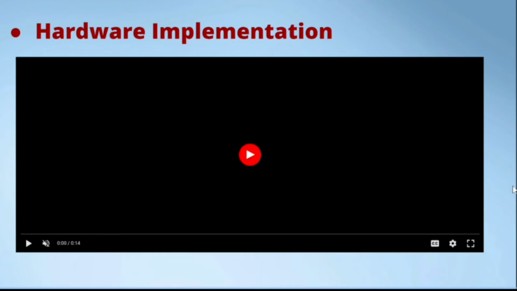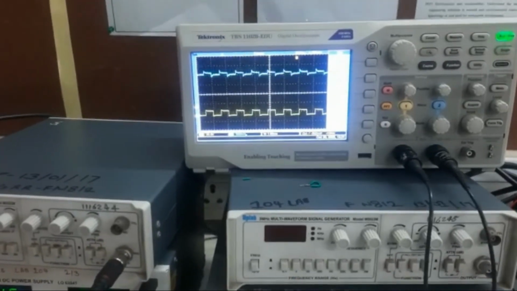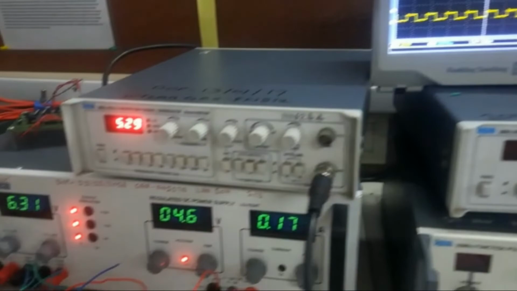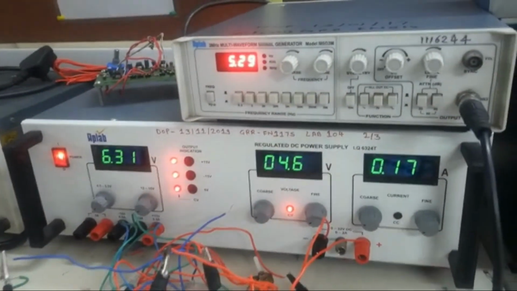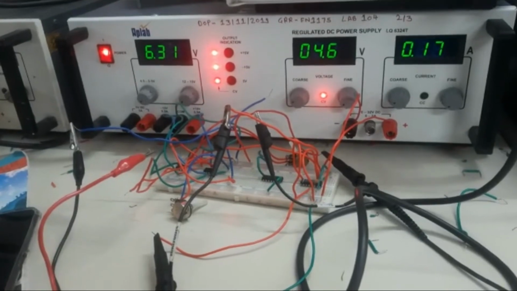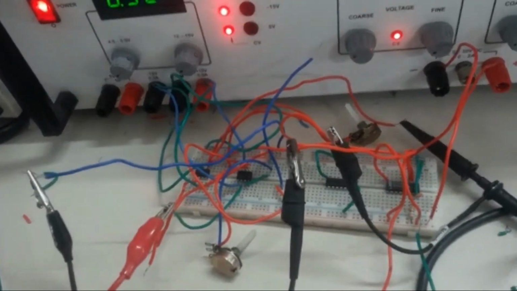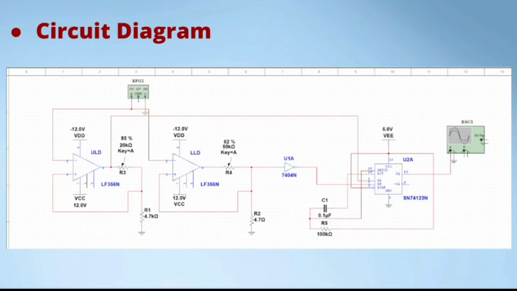Okay, so now we would be looking at the hardware implementation. Here is the short video of what we have worked on. Here is the circuit that we have implemented. SCA produces a logic output pulse if input pulse amplitude lies between two preset levels, that is between ULD and